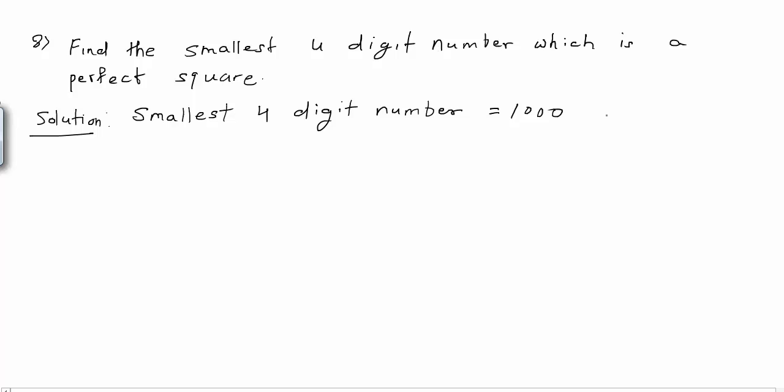Now, either this 1000 will be a perfect square number or I have to add some number to this 1000 to make it a perfect square number. So we use that long division method